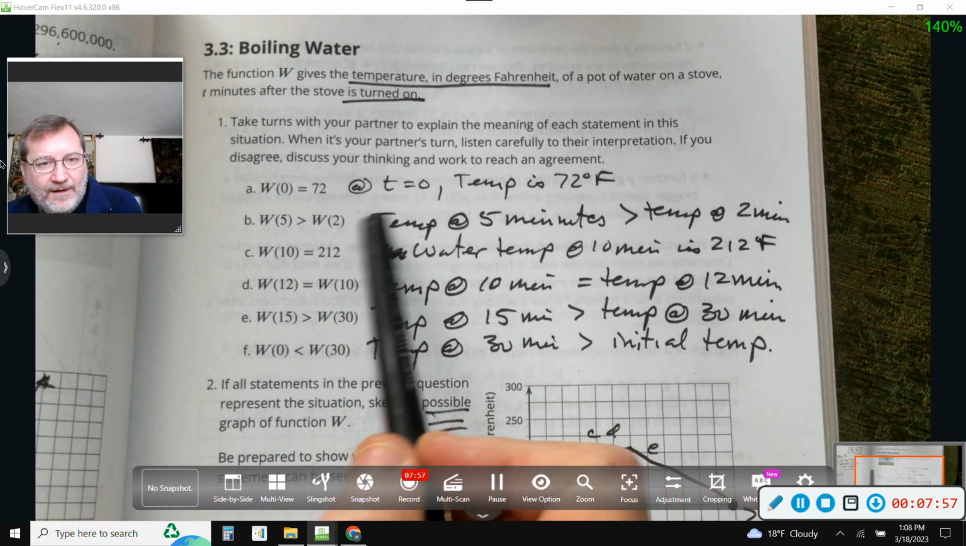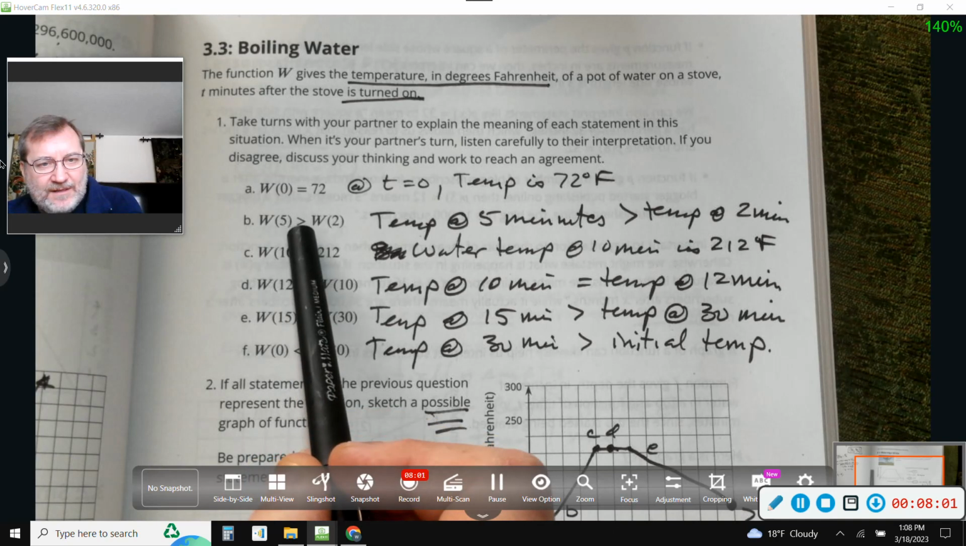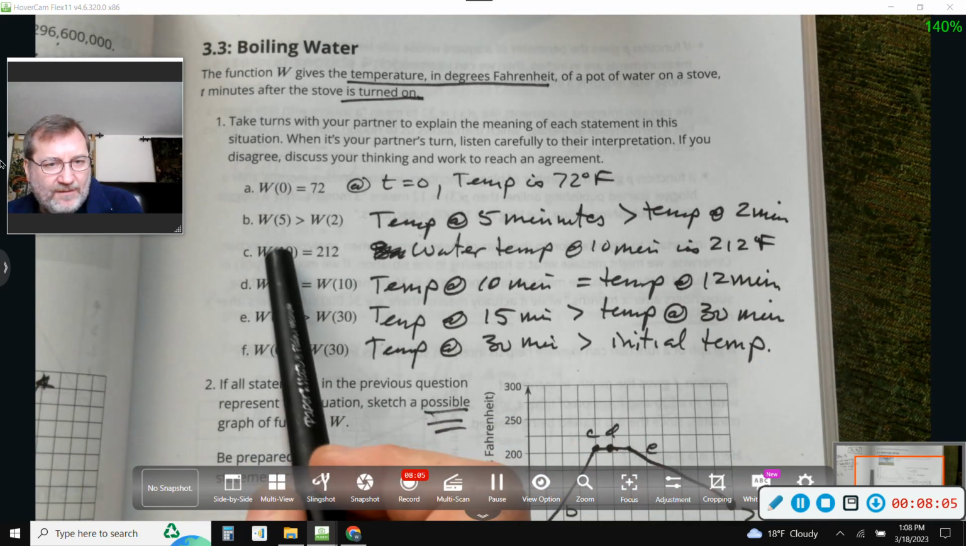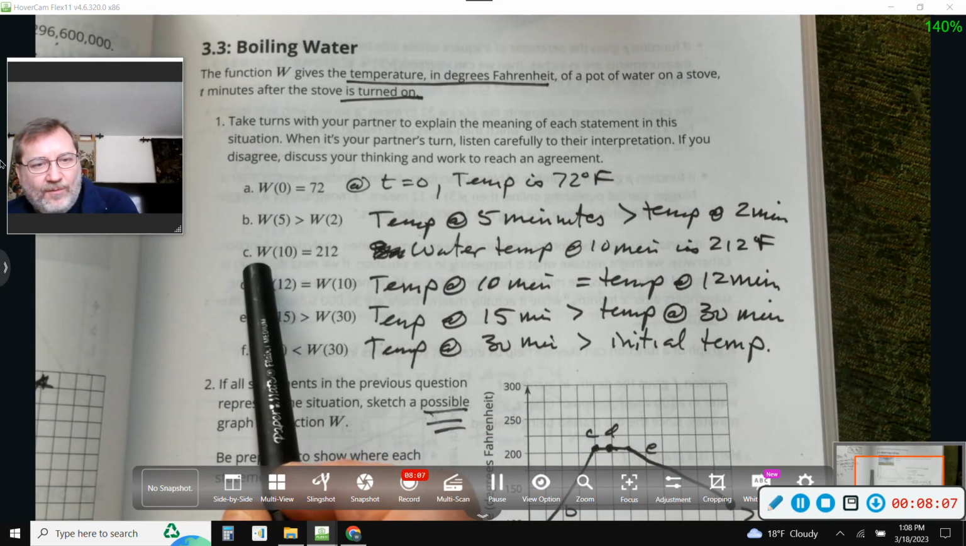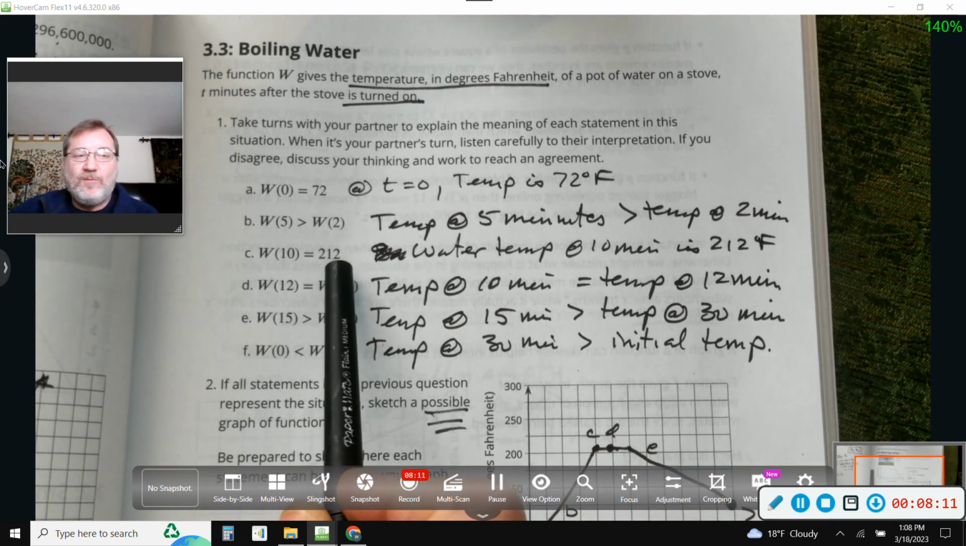So that's what we got here. What does this mean? Well, it means the temperature of the water at 5 minutes has to be greater than the temperature of the water at 2 minutes. It's pretty straightforward. Here, the water at 10 minutes is equal to 212, which makes sense because water boils at